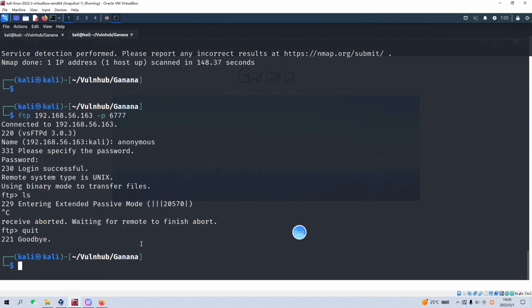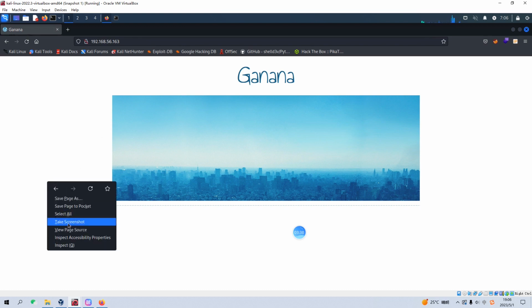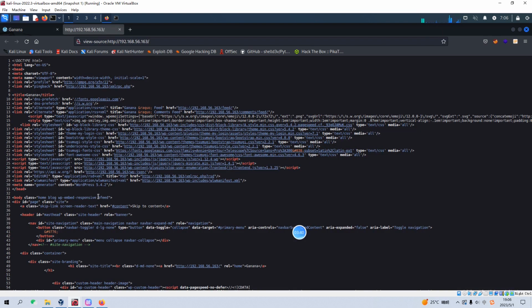Now the next port we are going to enumerate is port 80. I've already fired up our Firefox browser and input the IP address into the address bar. This page just shows us the content of the default page. And if we check the source code of the page, if you are familiar with WordPress, you can know, I think this target